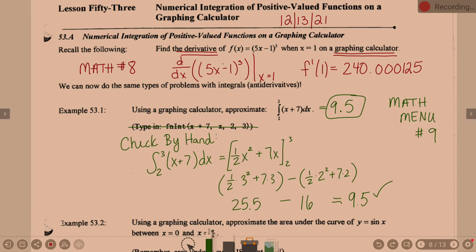Okay, so forcing you to do a little bit of by hand integration there, just to kind of review. But are there times you can use a calculator? There are. I don't want you to get into the habit of always using the calculator, because are there times you still have to integrate by hand? There are. And what it comes down to,